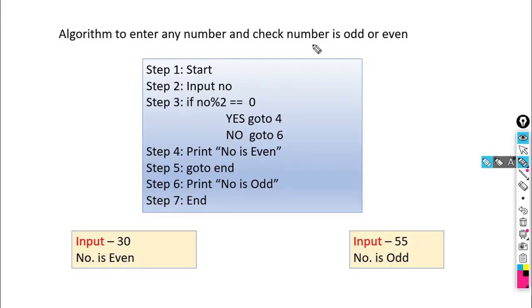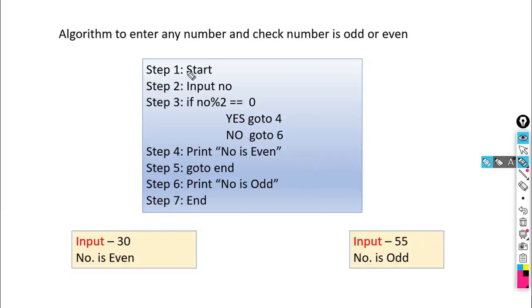Because 4 is an even number. When 4 is divided by 2, what do we get here? 2 is the quotient, 2 2s are 4 and 0 is the remainder. As we get 0 as the remainder, we can call that number an even number. Suppose we take the number 5, then when 5 is divided by 2, we get 2 2s are 4 and 1 remainder. So the remainder is not equal to 0. That means the number 5 is odd. So the same logic is used within this algorithm.